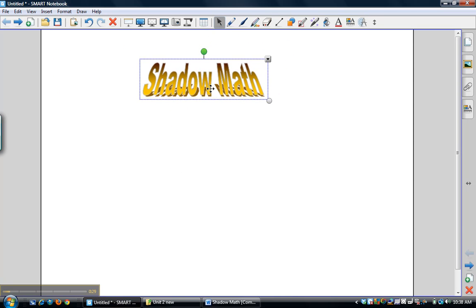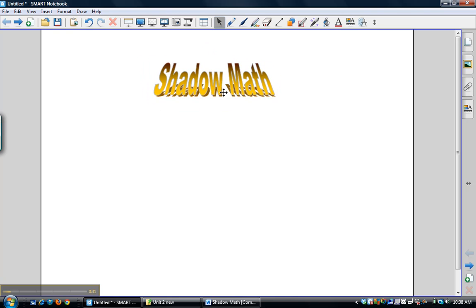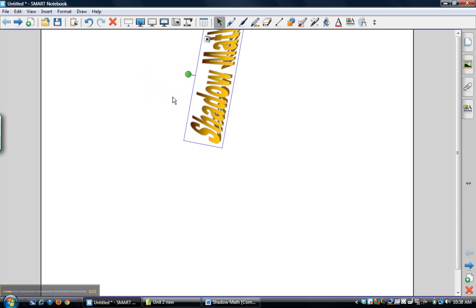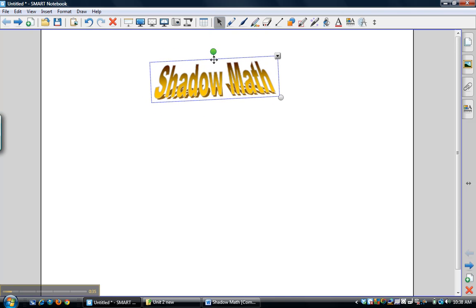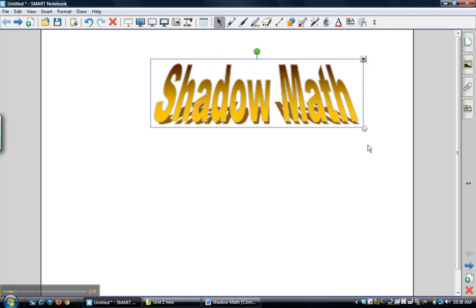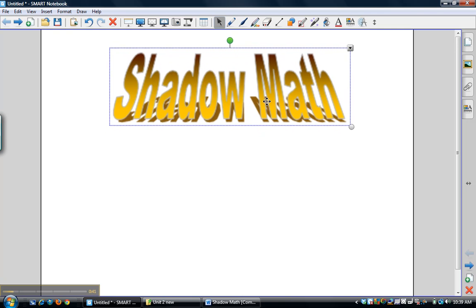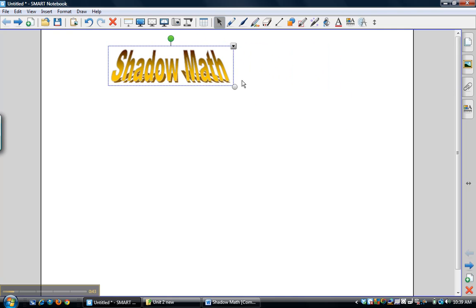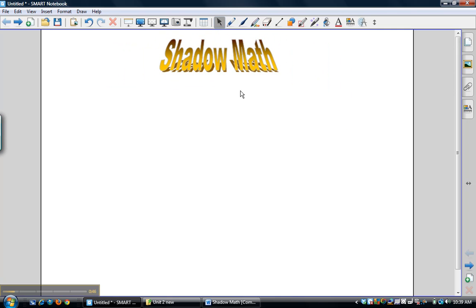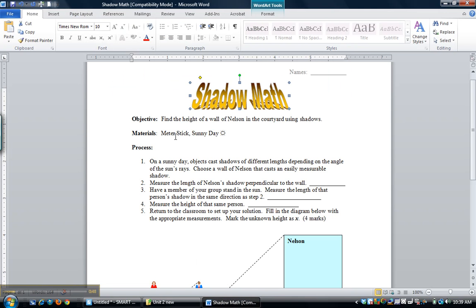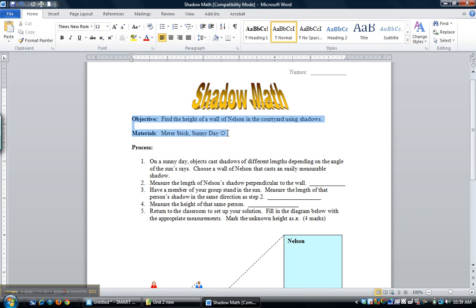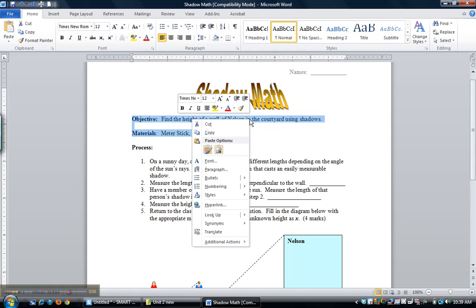You'll notice now that it is an image. You can click off of it or click on it. You can rotate. You can enlarge if you need to. You will see a little bit of pixelation or blurring, so just be careful what size of images you're copying over. Switching back to Microsoft Word, we can take our mouse and highlight the first two paragraphs, once again right-clicking